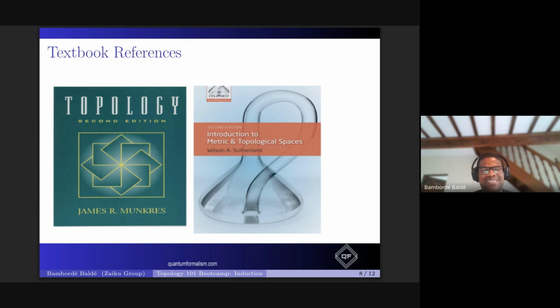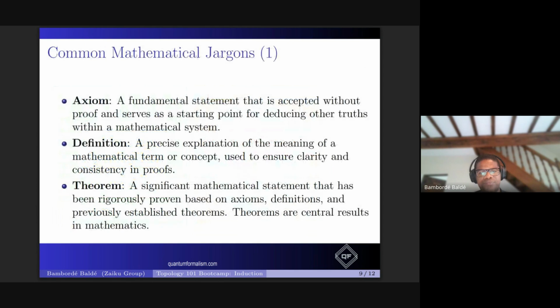So I will do my best to convey the core stuff without you being lost in the unnecessary things that you don't need for the topological data analysis course. We'll be very focused on what we need. That's the mission for this.